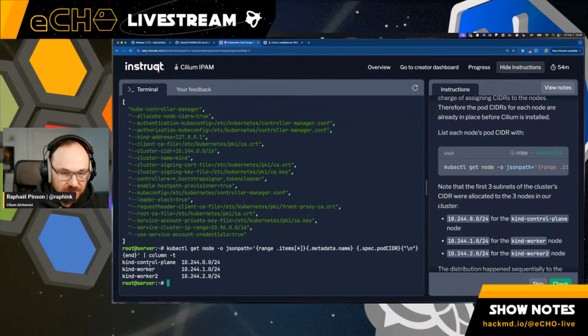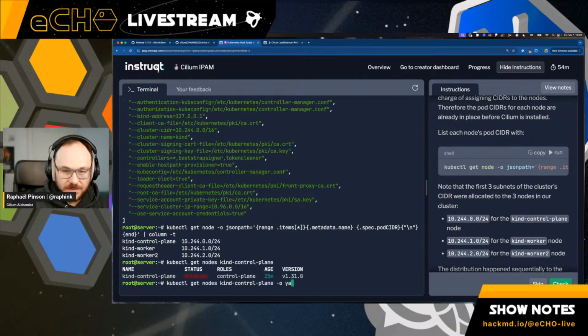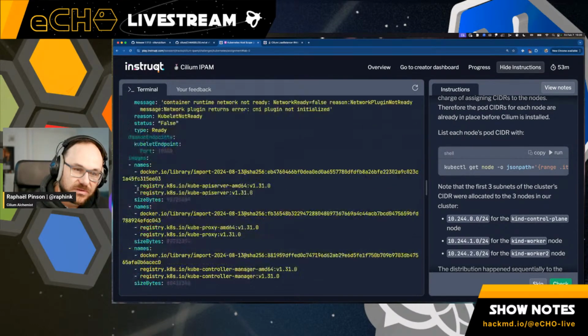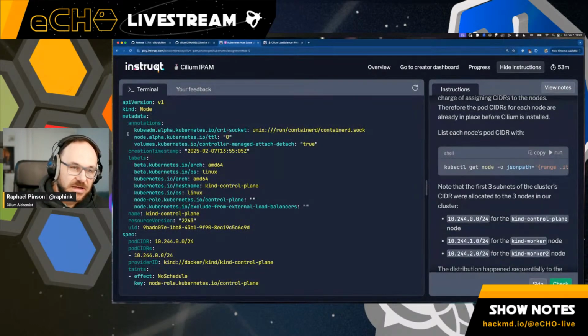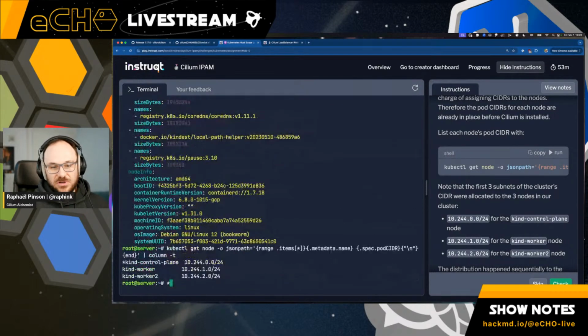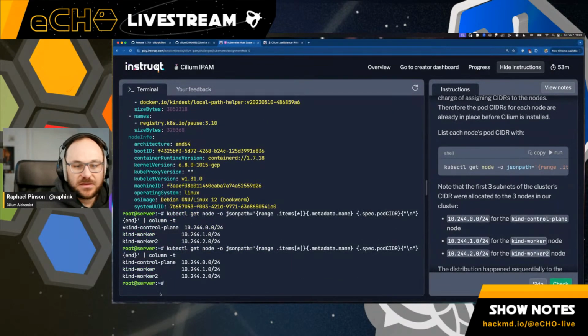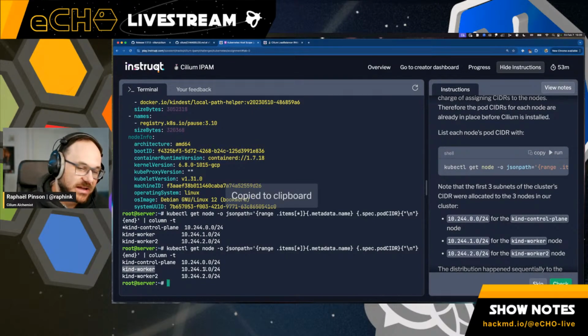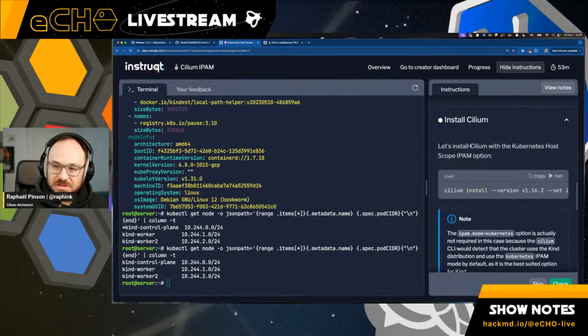So we can actually look at this. We see here, this is for each of the nodes. I'm just looking at the name and looking at the pod CIDR, right? So I could just do this, get node, kind control plane, -o YAML, and we will see in the kind control plane here that we have spec pod CIDR 10.244.0.0/24. So .0.0/24 for the control plane. Sorry. And then the first worker will get .1, and the second worker will get .2, and so on and so forth. So now if we install Cilium,